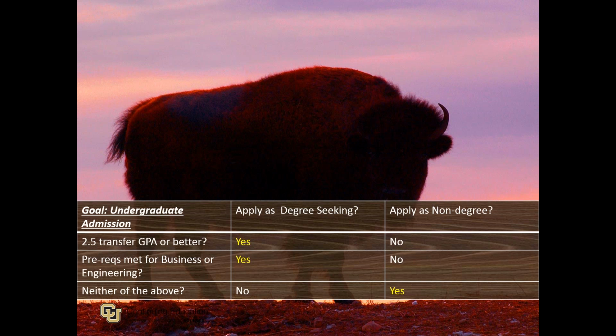So if you meet the requirements for admission, generally speaking, it's better to go ahead and apply as a degree-seeking student. However, if you don't meet the requirements for admission, or if you have some questions about that, or you're not sure that it's the right time for you, it might be better to apply as a non-degree seeking student. But again, I guess the caveat is that if you are at all unsure about this, please always do feel free to schedule an appointment with an academic advisor here in continuing education, and we can help develop that plan for you. Whether that's applying as a degree-seeking or non-degree, we can look at your unique situation and help you get into that.